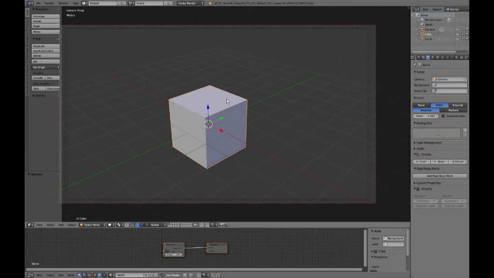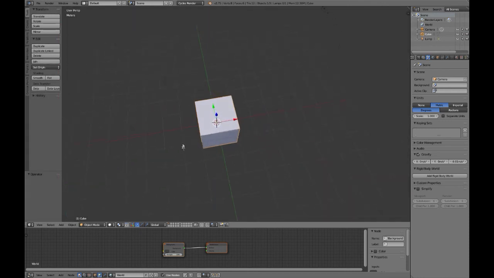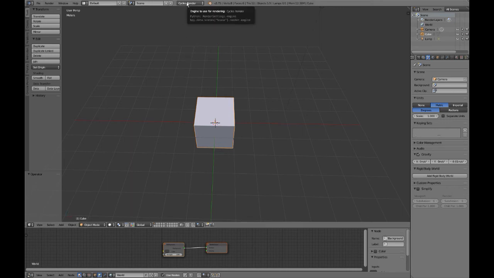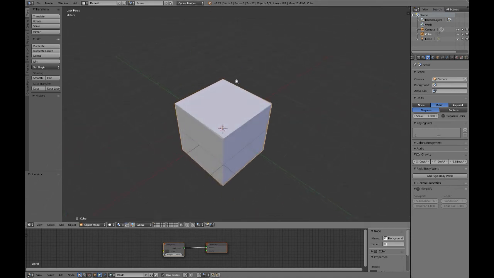Good day and welcome to a quick start into Cycles node editor, and obviously Blender being the name of the program which we're using, which is freeware and open source and all that. Okay, first things first, select Cycles renderer right up here, because some of you might not know we're working with